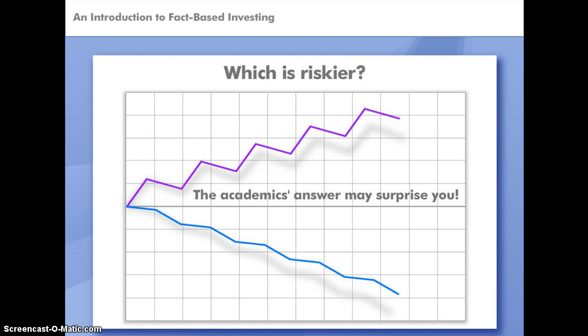So this chart represents the performance of two hypothetical investments. The top line is trending upward, but has experienced bigger wiggles along the way. Academics call these wiggles variances, and their statistical measurement is called standard deviation. In academic investing theory, risk is frequently measured by standard deviation. The higher the standard deviation of an investment, the higher the risk, and the lower the standard deviation, the lower